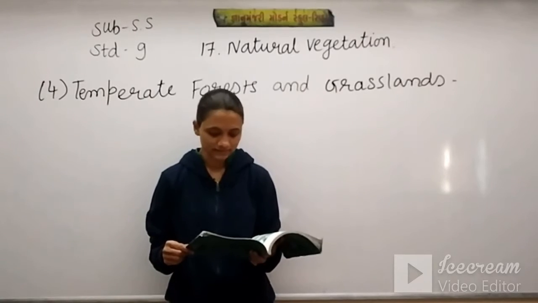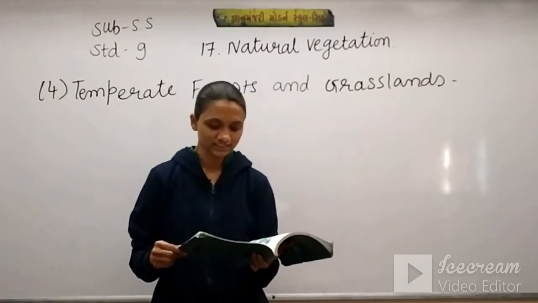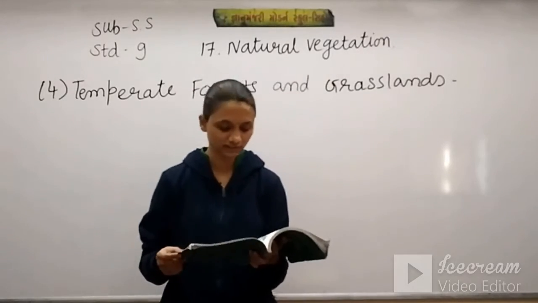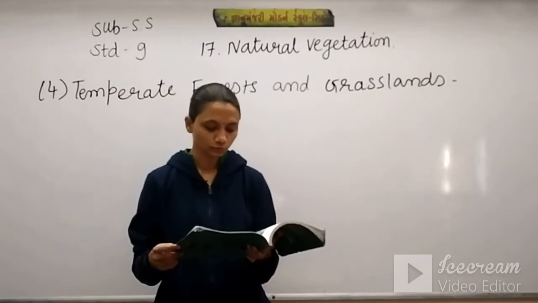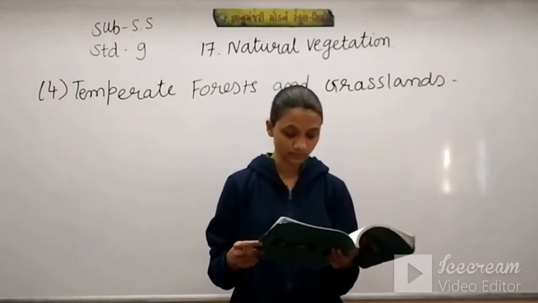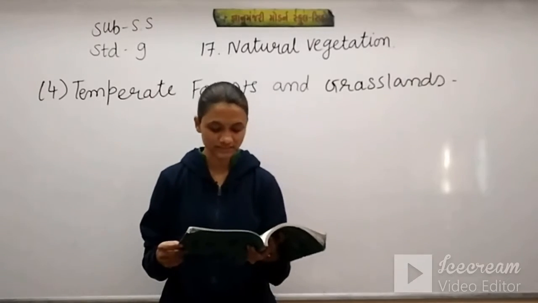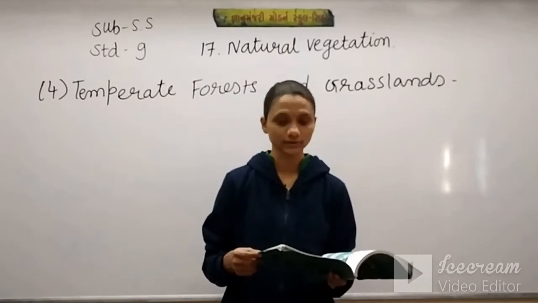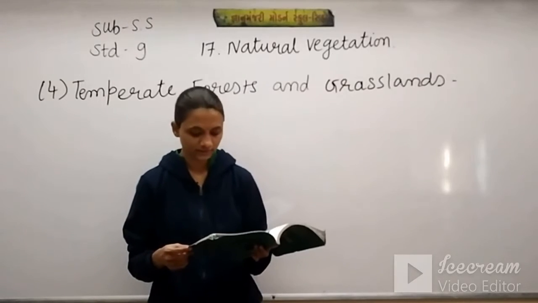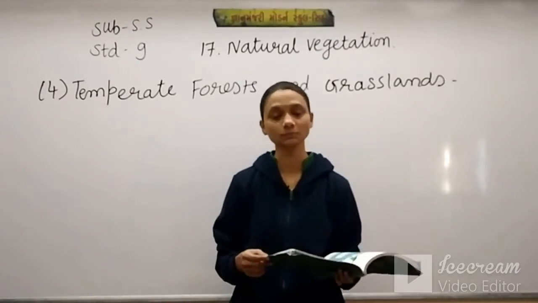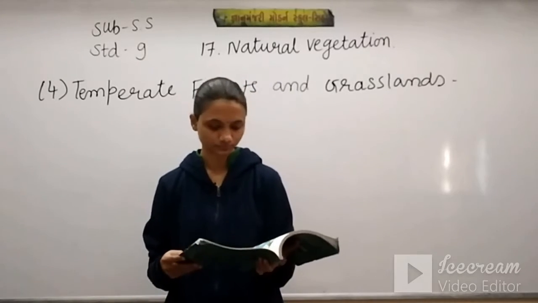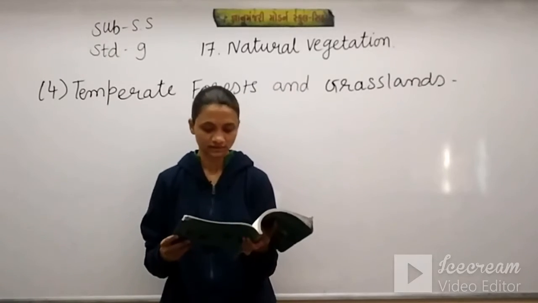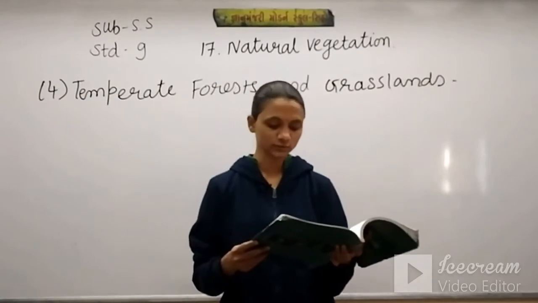Temperate forest and grassland, that is Himalayan vegetation. Here one chart is given, so you have to refer to that chart. Let me read it out. Height 1000 to 2000 meters, areal span: high mountains of northeast West Bengal and mountainous areas of Uttarakhand. Those forests are known as tropical forest, and oak and chestnut kinds of trees can be found in this. Second, it is 1500 to 3000 meters height of these trees.